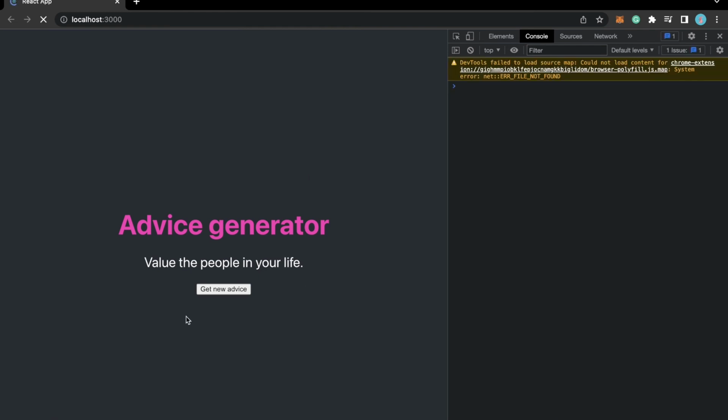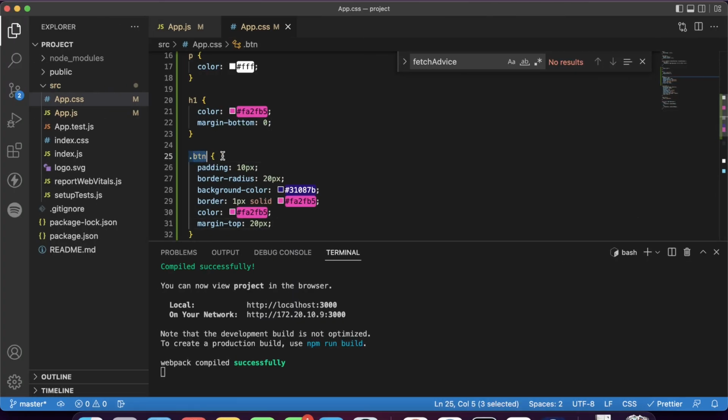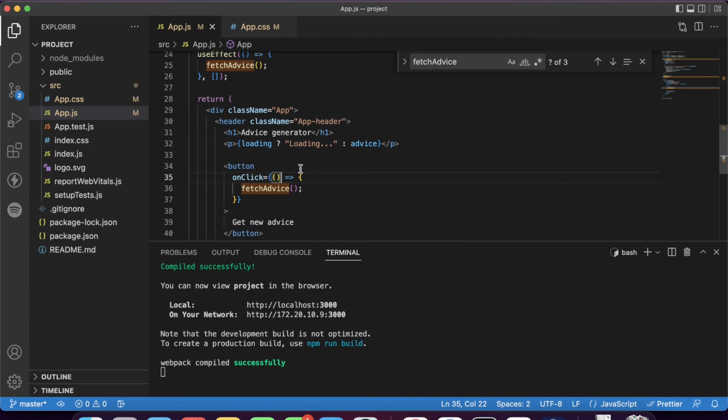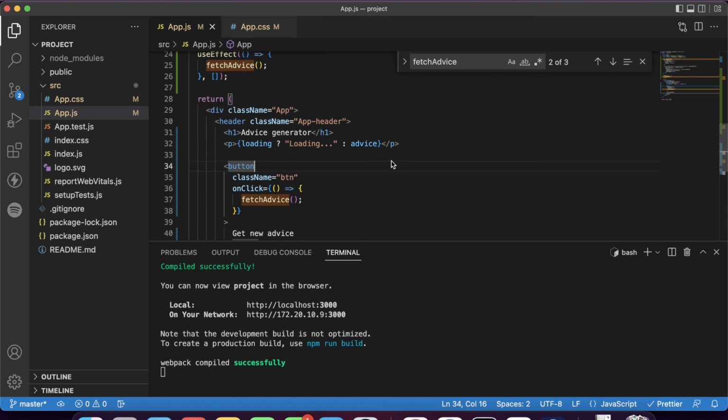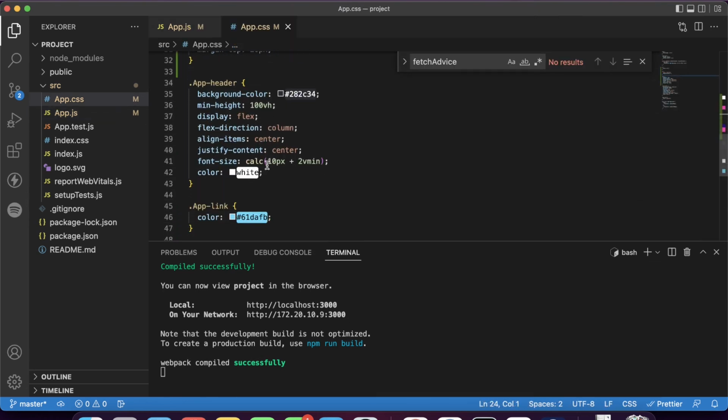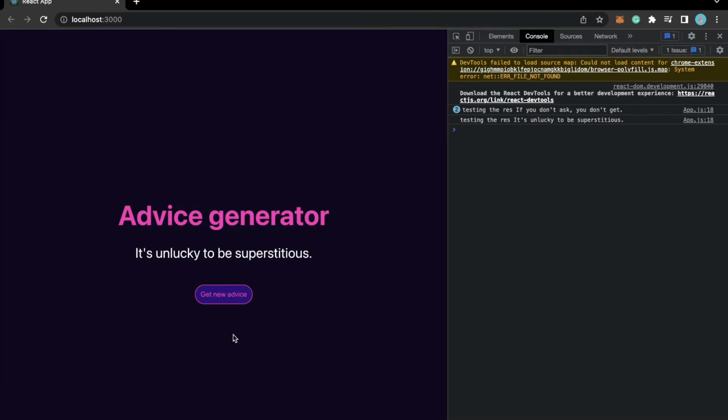So now the button should be, okay, I didn't set the class on the button. Here I have to call the class name as well, so I'll call it btn. Now if we see, okay, now let's just update the background. To update that, in app header, background color, I've changed it, and now we have this cool looking color as well.